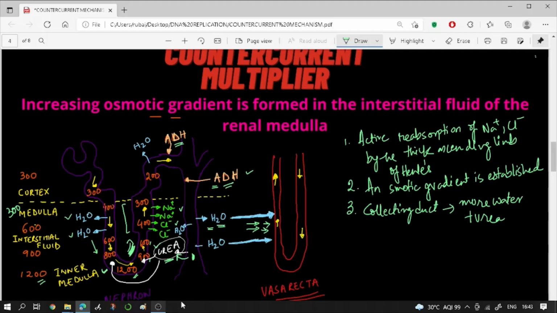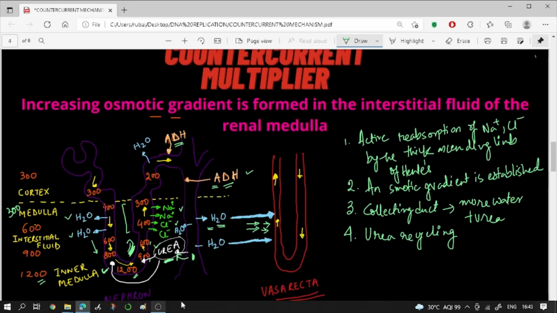Okay. Now let's move on to the last and final point of countercurrent multiplier, which is known as urea recycling. Now what happens in urea recycling? As urea accumulates in the interstitial fluid, you can see the urea accumulating over here, some of it can diffuse into the tubular fluid of the descending limb. You can see the white arrow of urea diffusing into the tubular fluid of the descending limb,